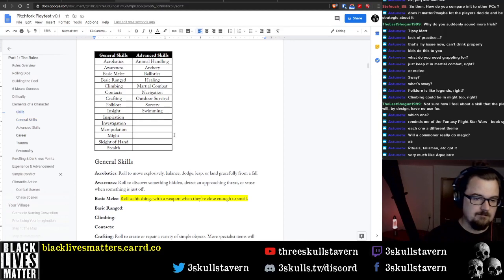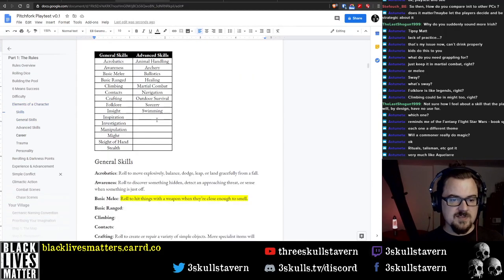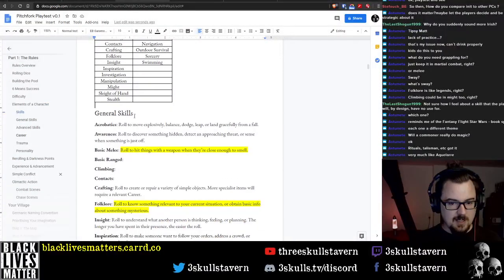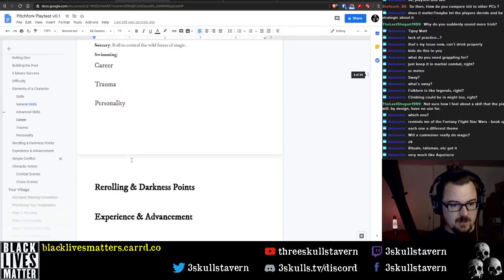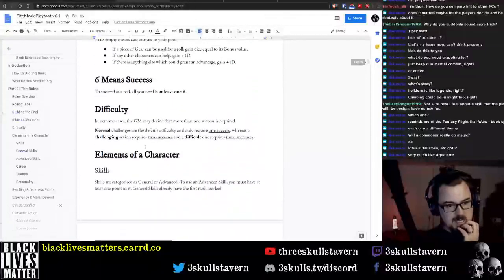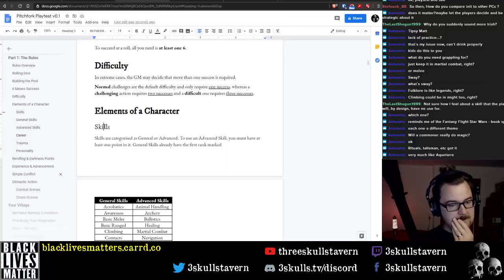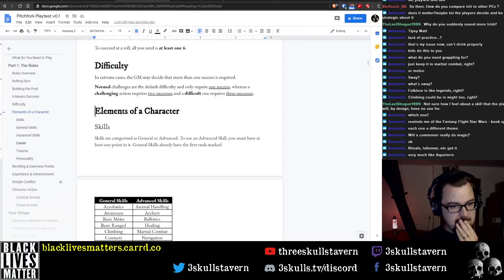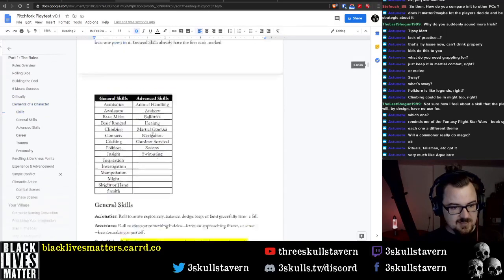Alright. So there's my list of skills. I'll do this later in PDF, I guess. I've got my general skills underneath it, where I'm talking about acrobatics, awareness, basic melee, basic ranged, etc., all the way down to my advanced skills. So that works. What I don't like is the difference here in